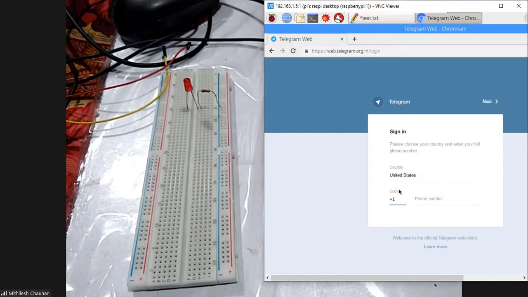Now it asks for the country code. For India, the code is 91, and at this stage you have to enter your phone number. I will enter my phone number, and after that it is going to ask for an OTP. But later on, I may delete this section, so you won't be able to see the contact number. After this, we will receive an OTP.